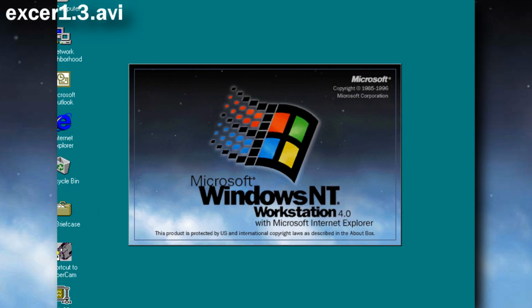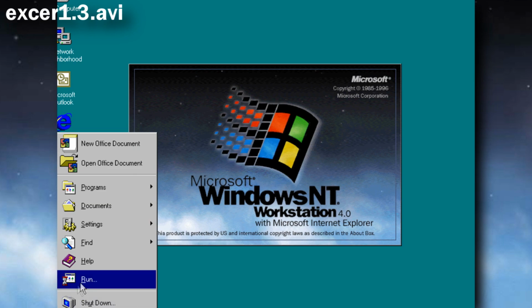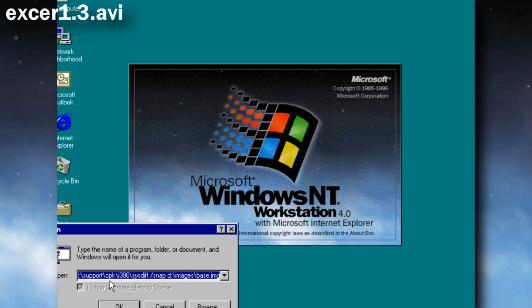Using sysdiff to create a difference file. In this exercise, we'll use sysdiff to create a difference file containing all files and changes that occurred when installing NetMeeting 2.1. Go to the Start menu, go to the Run command, and type in d:\support\opk\i386\sysdiff space /diff space